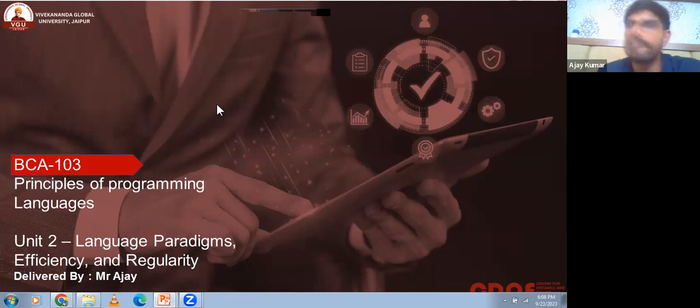It is never just one person or two persons; there are many people and many generations. For example, the C programming language was invented in 1972, and it is still a major implementation language for software like device drivers. So our language must be good today and tomorrow also. Today we also think about language paradigms, and how efficiently and how regularly they will follow.